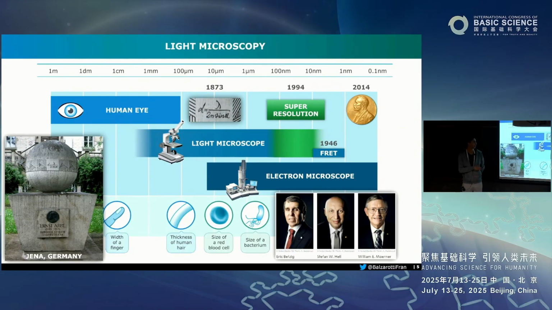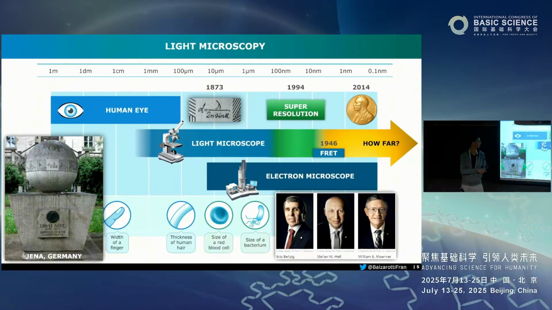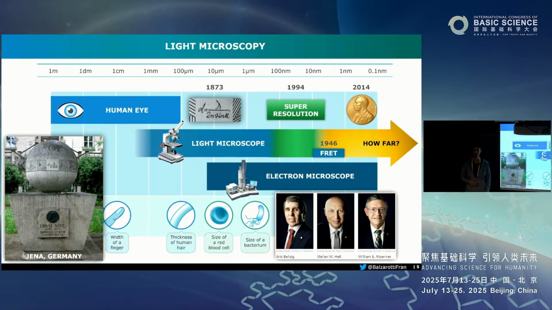Then in the mid-90s, the true far-field super-resolution was proposed and gave rise to the Nobel Prize in Chemistry in 2014, 20 years later. And when I joined as a postdoc in 2010, 2011 to the Stefan Hell lab, one of the goals was, okay, how far can we take this? Of course, this is a metaphorical arrow. It's not that you want to get to the picometer or whatever, but this is about how much information you can extract from